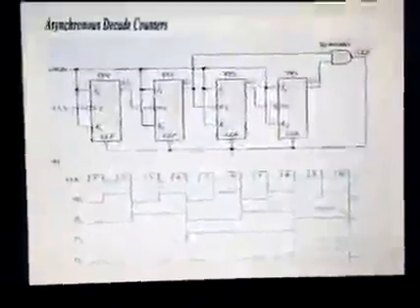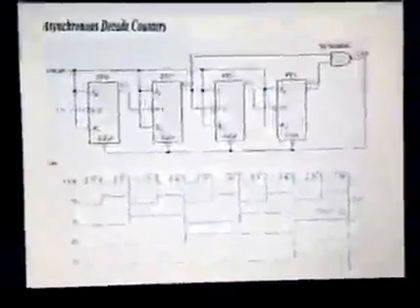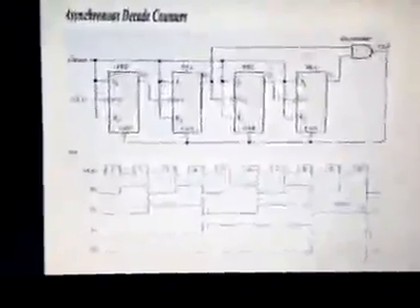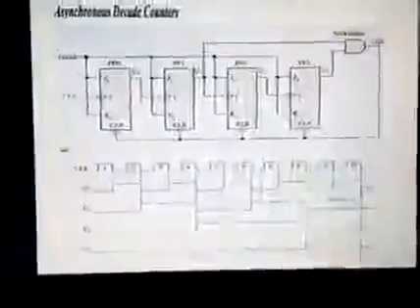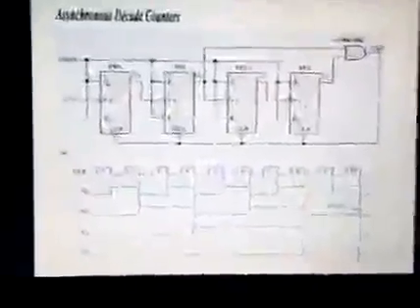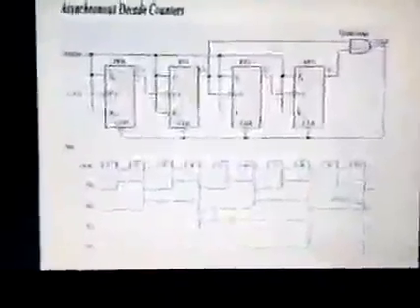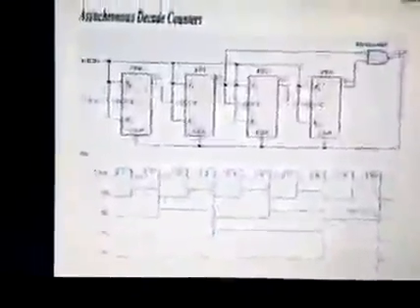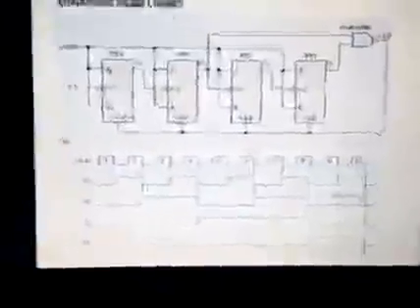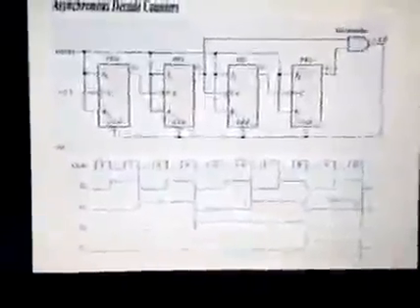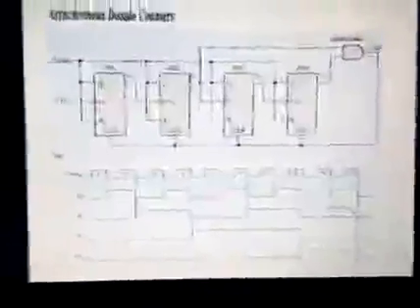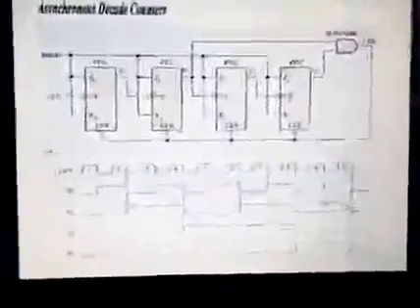But we need to count 10, so we require a 4th T flip-flop. But the 4th T flip-flop maximally counts 16, from 0 to 15, and we require only 10 counts. So we take 4 flip-flops and also require some combinational logic circuit to reset the operation